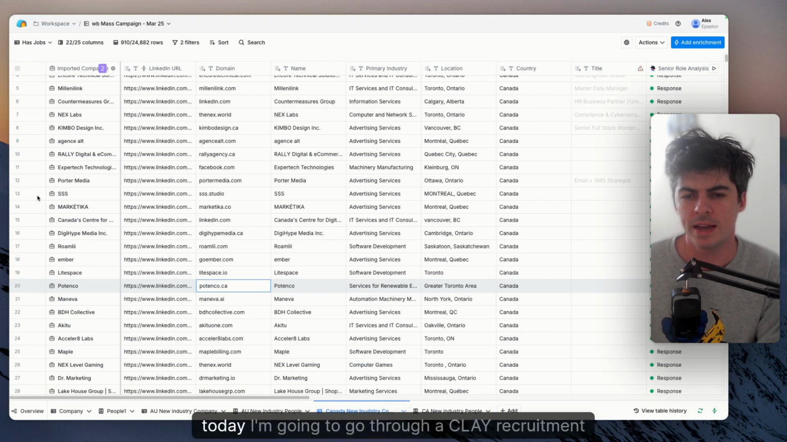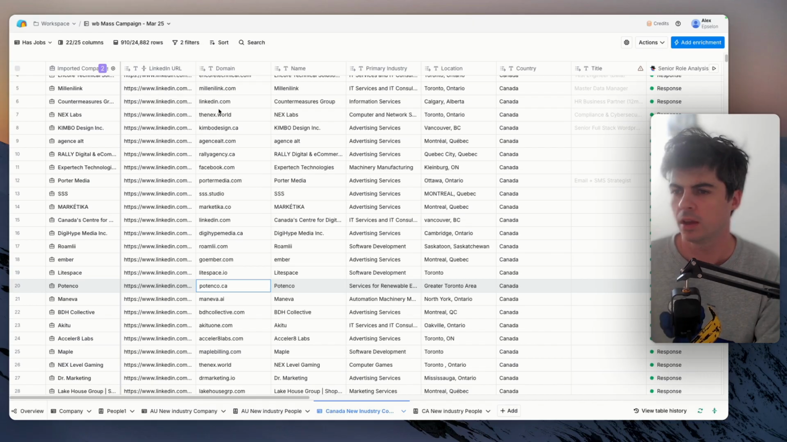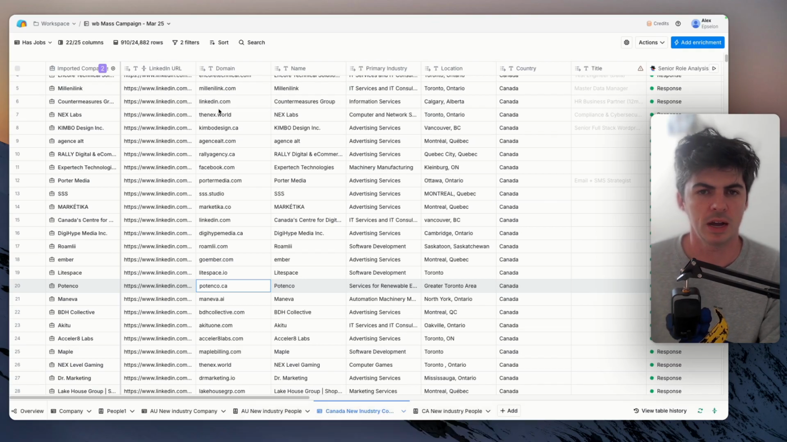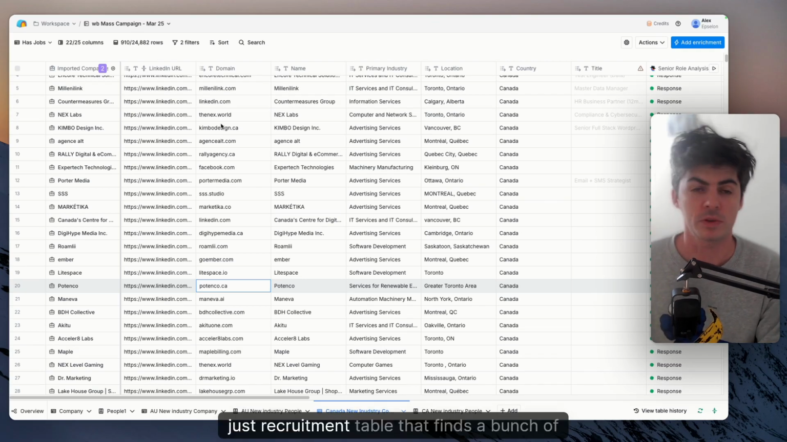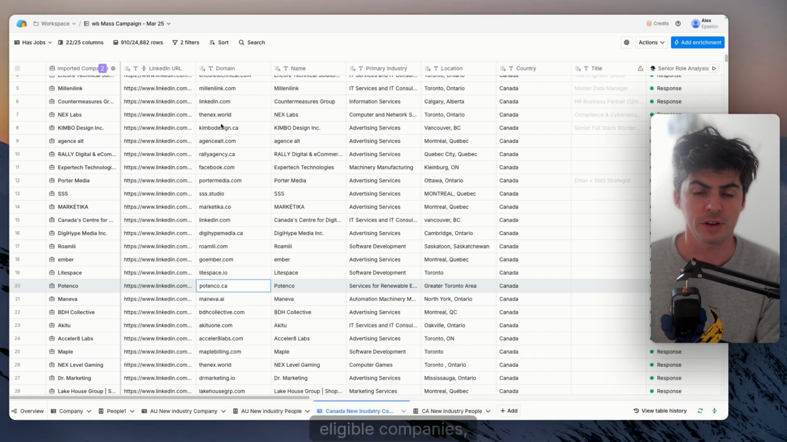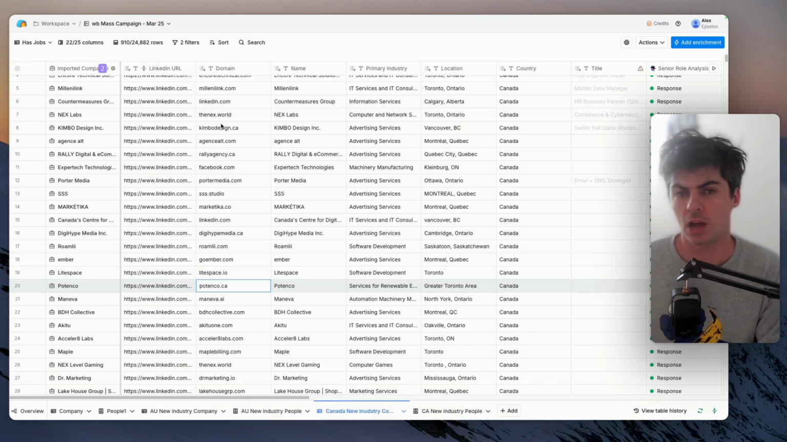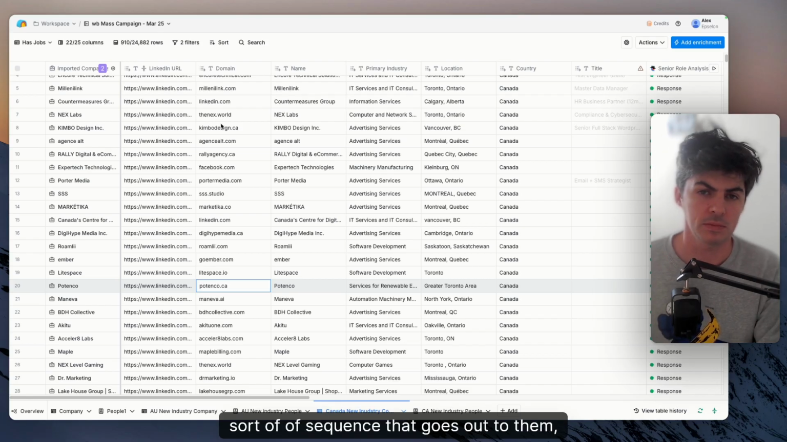Hello. Today I'm going to go through a Clay recruitment table. So what is this? Built this for a client a little while ago. It's basically a really straightforward recruitment table that finds a bunch of eligible companies, a bunch of jobs that have been posted, and triggers an outreach sequence that goes out to them as soon as a job